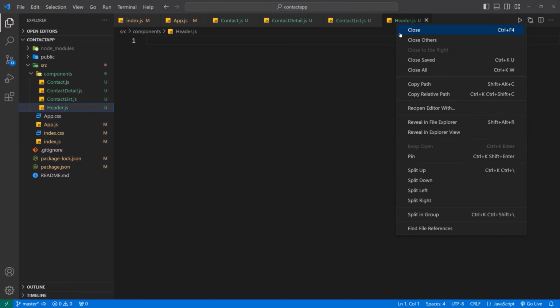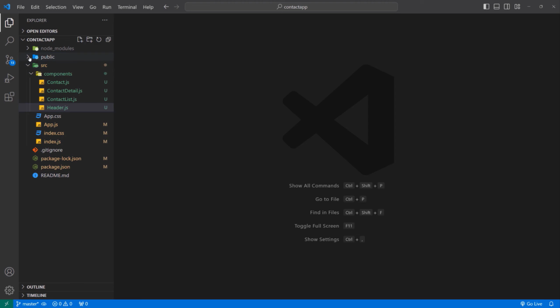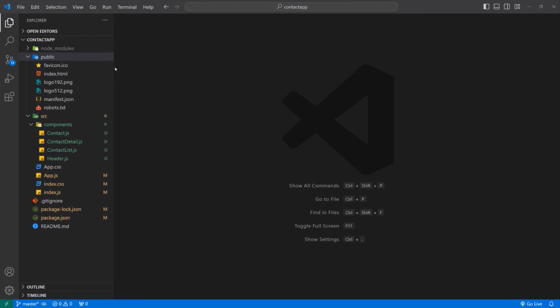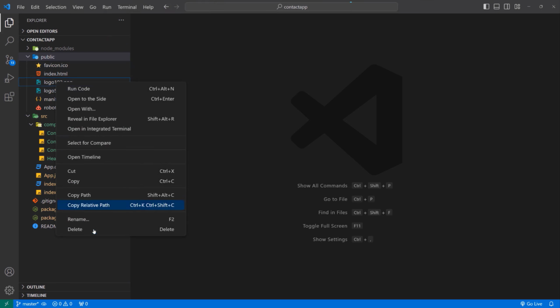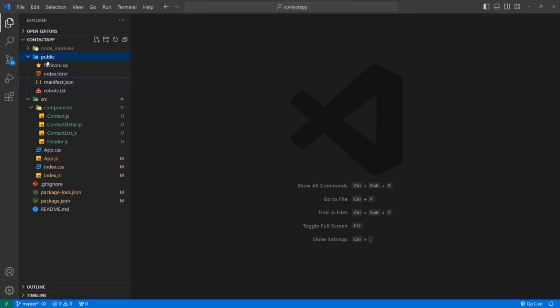So I'm going to close everything for now. So close all. And then I want to go to the public folder. So inside of this public folder right here, I'm going to extend this a little more. We can get rid of these logos. So let's just delete these 2 logos. You can create your own icon if you want, but for now I'm going to leave this icon, but I do want to go inside of the